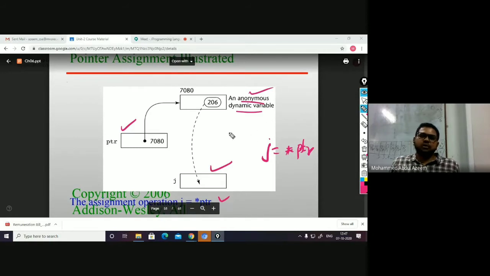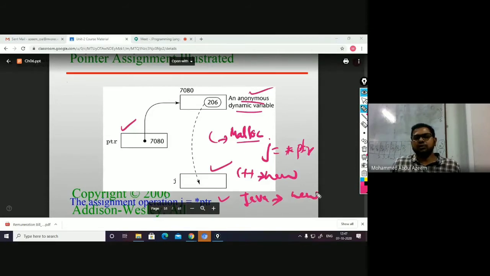Like for example, in C language, you have malloc, memory allocation, and in C++ you have new. Of course, in Java, everything will be created during the runtime only with the help of new, right? So you can create anonymous classes also in Java, classes without a name, right?